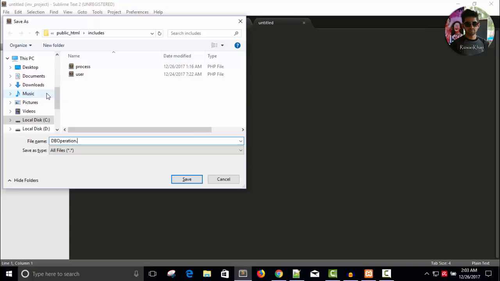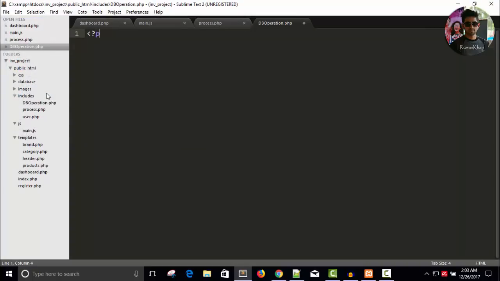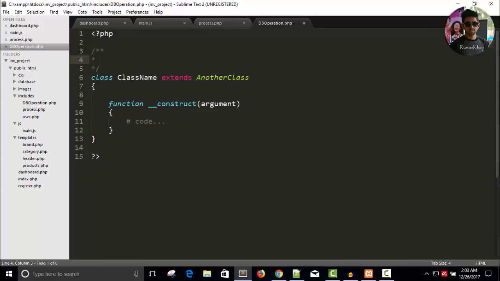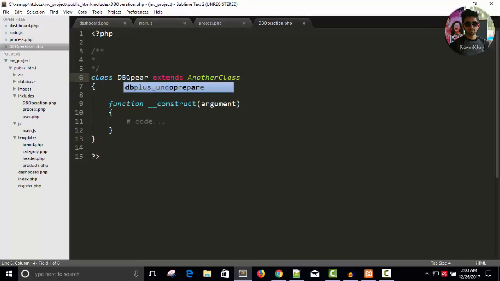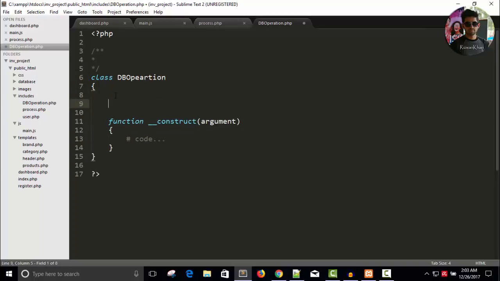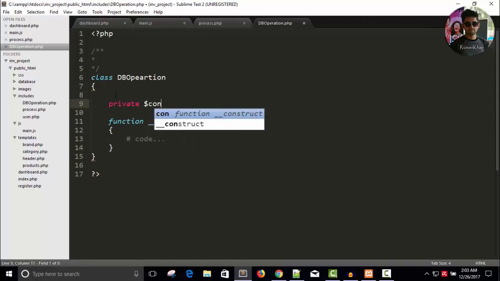operation.php. Okay, and start the PHP block and use the class, name it as db operation. Remove the extends, create a private variable for database connection, $connection, right? And use the constructor, remove the argument,